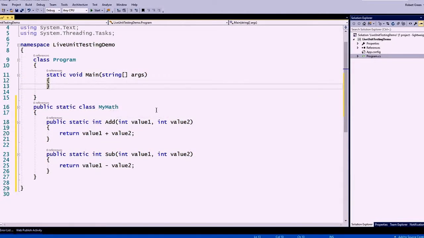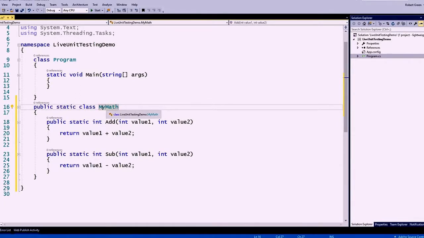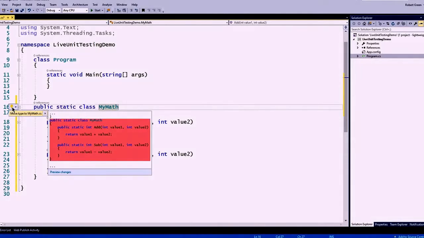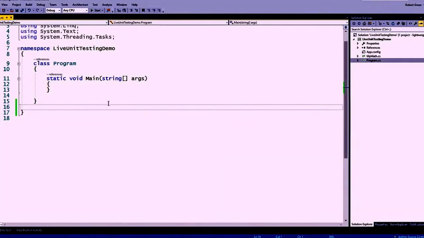And something that we do all the time is inside a program we'll add multiple classes. And then, of course, at some point you might want to separate these out. So now when I click on this, I get a light bulb that says move type to mymath.cs. I'll say yes, thank you very much. Okay. All right, so now